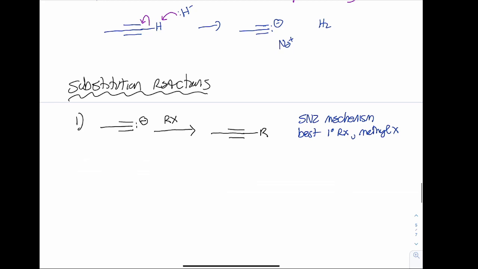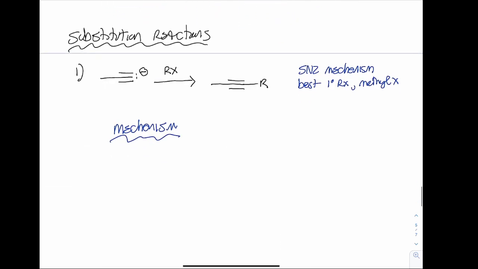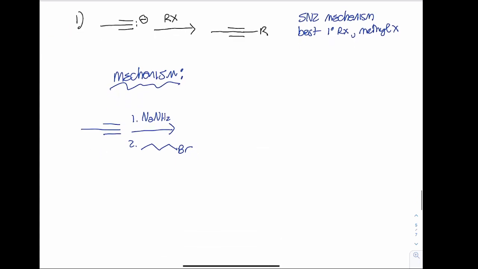We are going to do our mechanism. And let's actually go through the whole thing. So I'm going to restart with just the reaction so you could see how I would give it to you. So let's have my terminal alkyne. And then in one step, use NaNH2. And then in a second step, we'll have this primary alkyl halide. So going through the entire mechanism, the first thing we're going to do is deprotonate